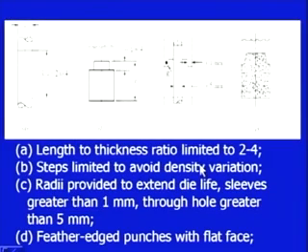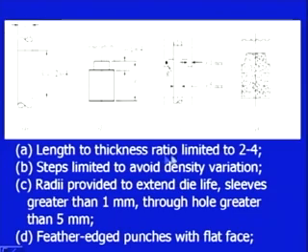Other design considerations, as I have already told, for powder metallurgy parts: the H by D ratio should be to the tune of 2 to 4. It means that the height or length of the part should be 2 times, or at maximum 4 times, the diameter. Now, this is the dimension D shown, and this is H; H should be 2 to 4 times D. If it is more, there are chances that the product may break in between, or there are chances of buckling. So, the H by D ratio should be 2 to 4.